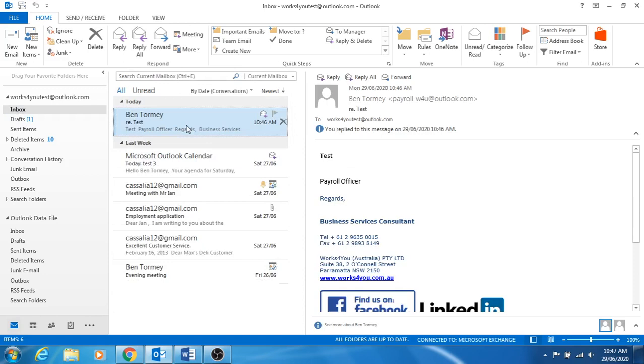I'm just going to get Ben now to email me back the automatic reply that he should receive, just so that we can see what he'll receive on his end. So essentially that concludes this exercise on automatic replies. Now just another point here too, what we realise as well is if you send too many emails from the same email address,